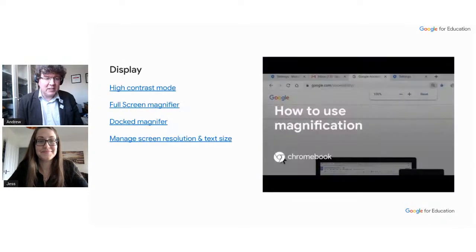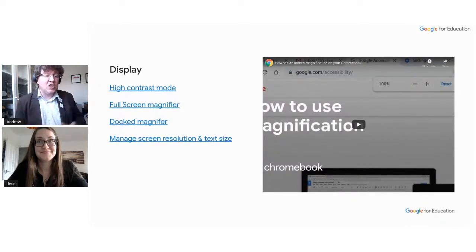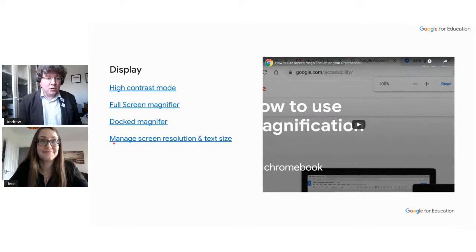The next accessibility tool is the ability to change the display on our Chromebook. Depending on the visibility issues of the user, we might need to use high contrast mode to flip our colors, the screen magnifier to make areas of the screen larger, or the dock magnifier, which is just a way of zooming one area of the screen. We can manage that resolution and that text size. So if someone has visibility issues, we can turn those features on. Next set of tools